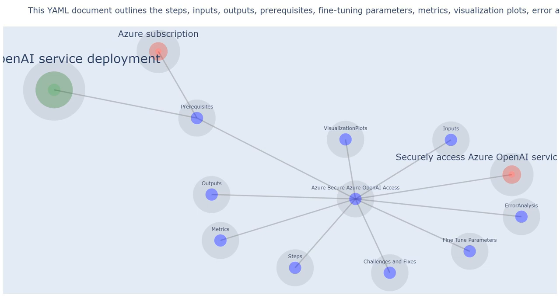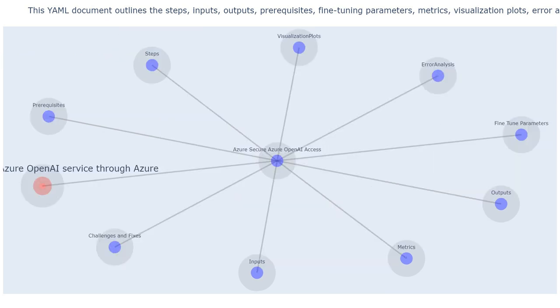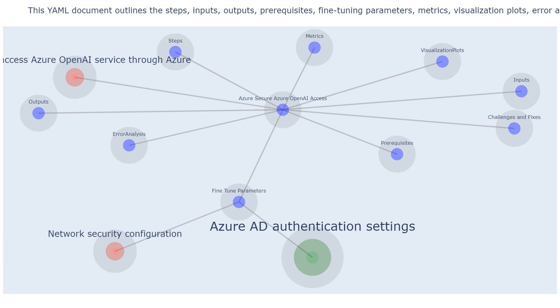This deployment involves selecting the desired Azure OpenAI models, configuring the service settings, and ensuring that the necessary resources are allocated for optimal performance. Fine-tune parameters. Configure the Azure AD authentication settings to control how users authenticate with the Azure OpenAI service. This includes specifying the authentication methods, access control policies, and any other security measures to ensure secure and